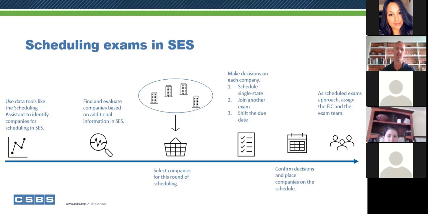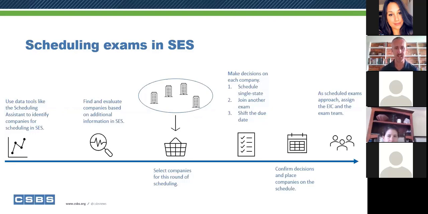And we've just eliminated a single state exam by the state of Ohio. And now we've got a joint exam by Ohio and New Hampshire. Boom, efficiency. We're moving forward in a networked manner. And I think that's a good use case to highlight how scheduling really brings that forward. Then the last step is just assigning the EIC and assembling the exam team in your state. If you're moving forward in a single state, that's obviously very easy. If you're moving forward in a joint exam, you've already really done that because you've told that other agency who's coming on and what they're going to be working on or what skill sets those examiners bring to the table.